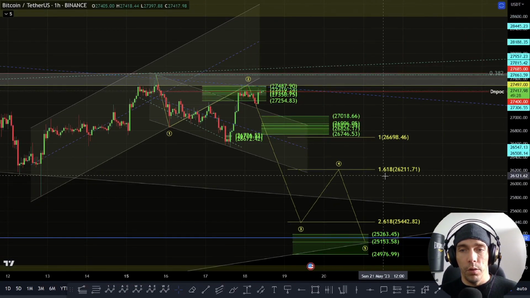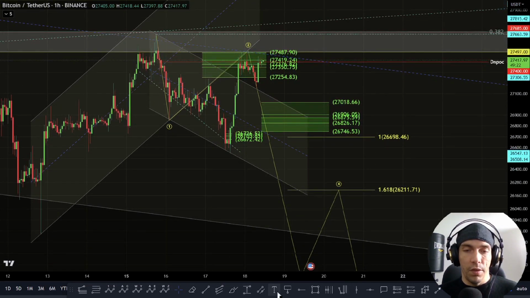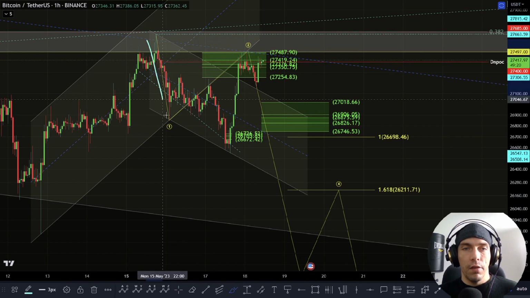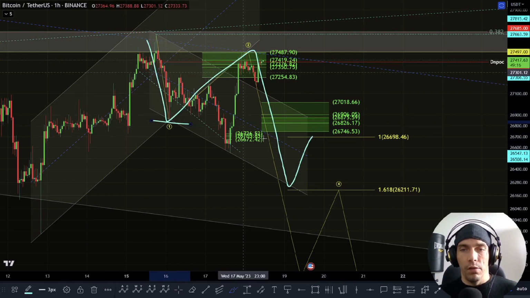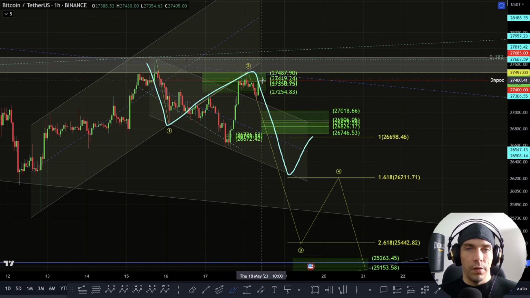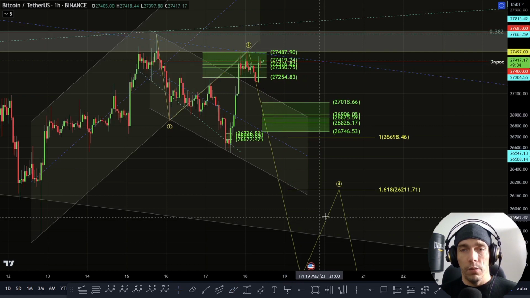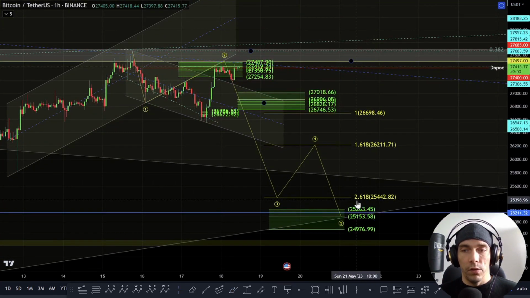Target area for this 1.618 would actually be here towards this 26211. Now, this wouldn't give us a lot of space to develop this fourth wave if this is the case, because this would be 1, 2, 3, and then there wouldn't be much space between this wave 1 and this wave 4. So it is still possible we could see it develop here. We'll have to see, but what can typically happen sometimes when we get a wave 2 is we get an actual third wave which is much stronger